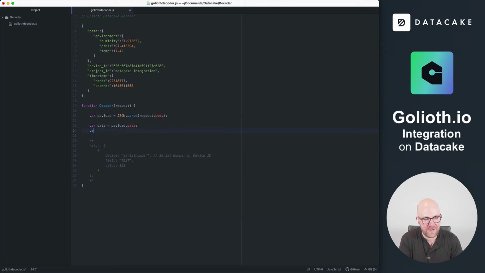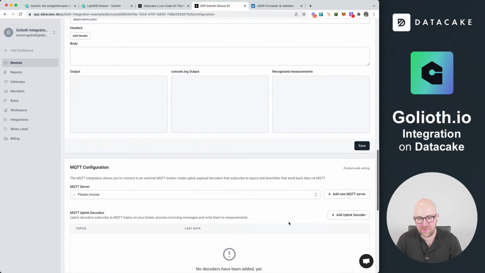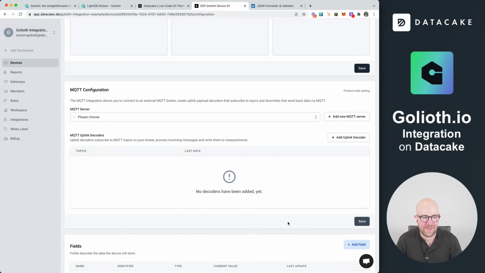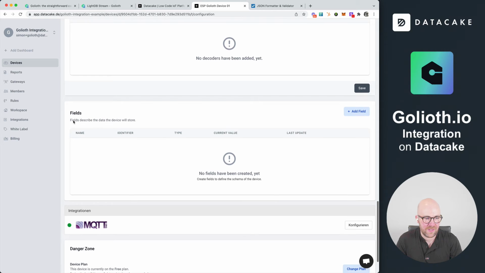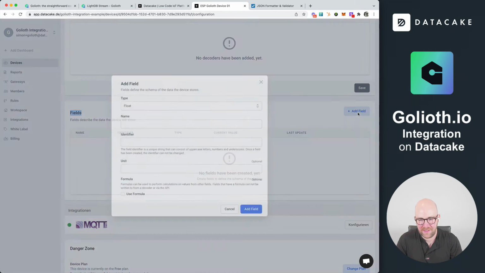We also need the device ID. And then we're all set and can start reading out sensor information, and then we can forward that to Datacake. But first of all, we need humidity, pressure, temperature, and we are going to create fields on the database for this device. We scroll down on the Datacake section until we reach the field section, and in here we